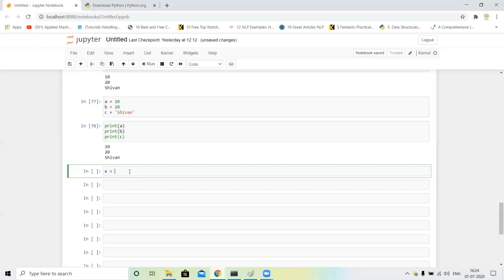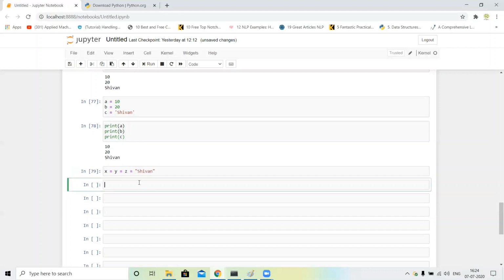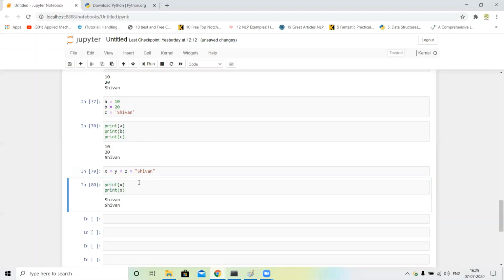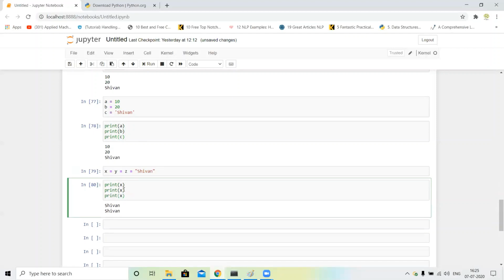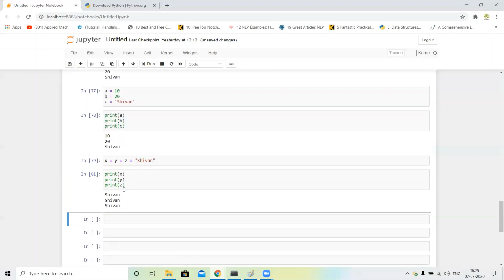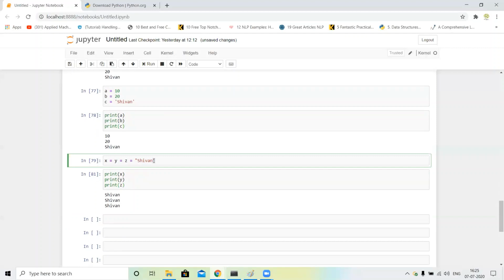We just write x is equal to y is equal to z is equal to some string like 7, and you can run this and print x, y and z. You can see the same output. It's totally up to you, you can write one line of code or multiple lines of code. Okay guys,